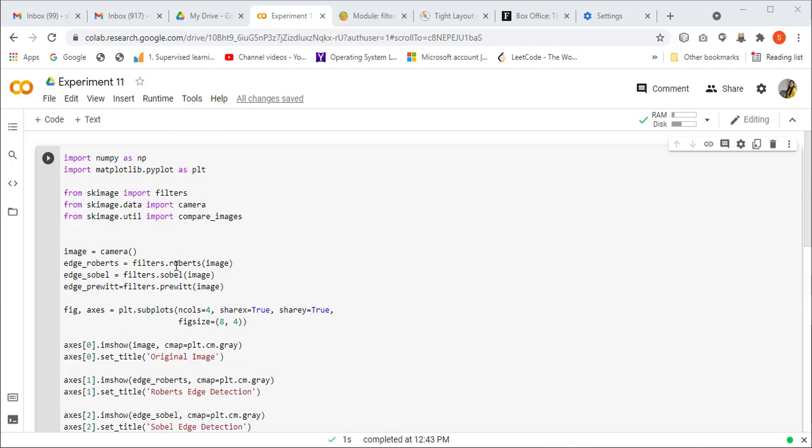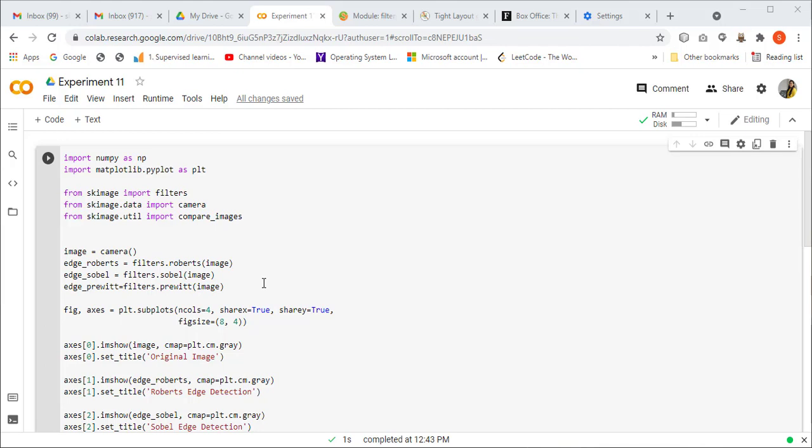We are applying the Roberts filter, Sobel filter and Prewitt filter, all three masks, on the image that we imported from the data set, and we are storing the results in the variables edge_roberts, edge_sobel and edge_prewitt. These functions give us as output the magnitude of the edges in this image. All the magnitude of edges will be returned from these functions.